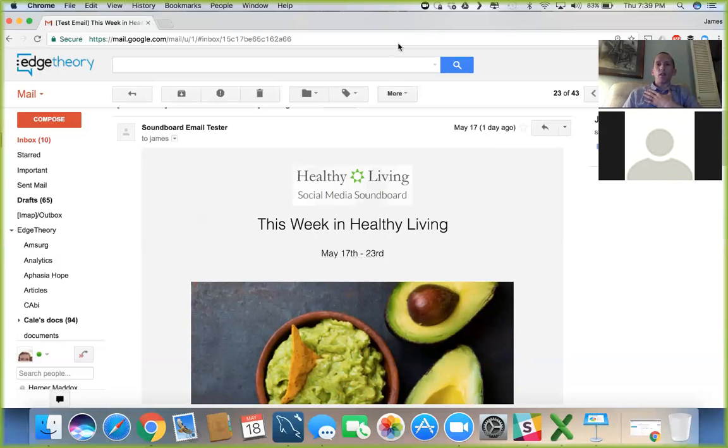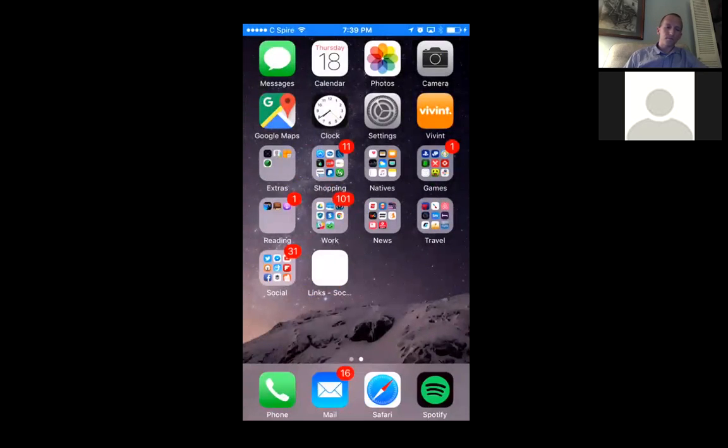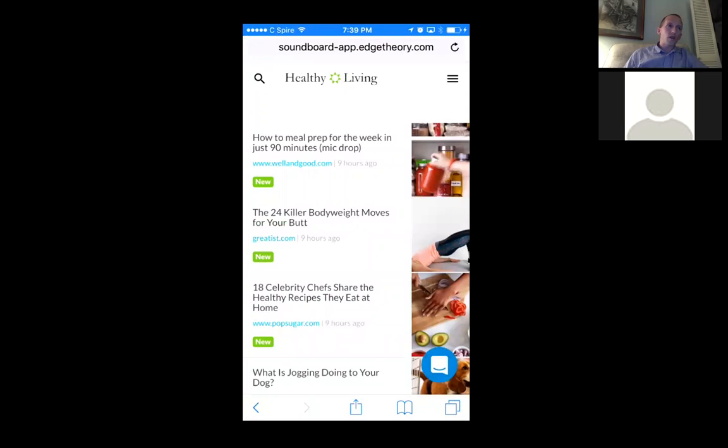Okay, another feature that we have brought to the Soundboard since conference, and I got to work directly with Mitra and Brian Rose on this, is putting specific topical content. So I'm switching over to my phone view because I want to show you this on mobile. Shred10 content is now available on the Soundboard. And this goes back to our thought and philosophy that content is not just to get attention, but also we think it's a great customer retention tool. So from that philosophy and working with Brian Rose,